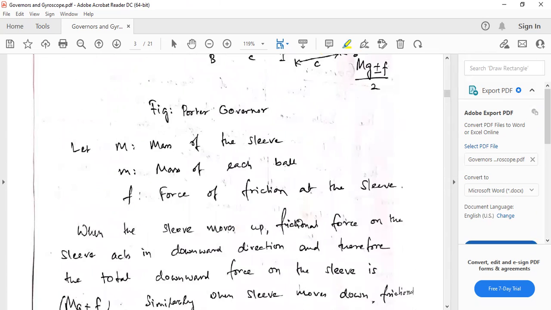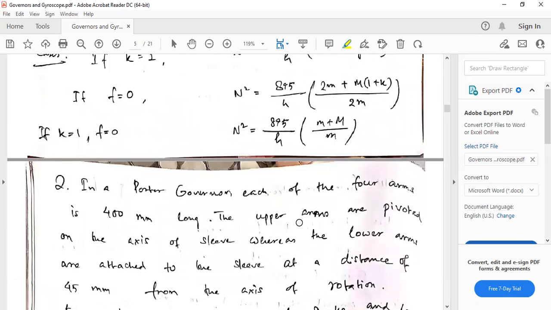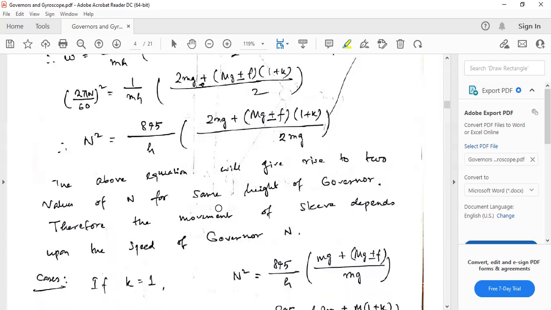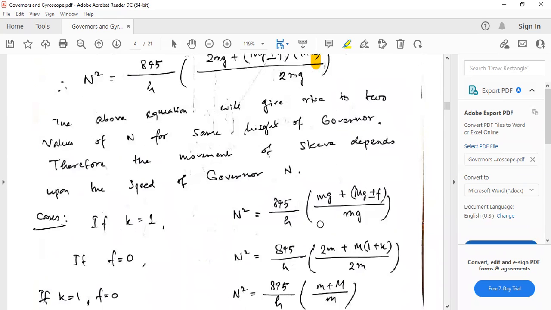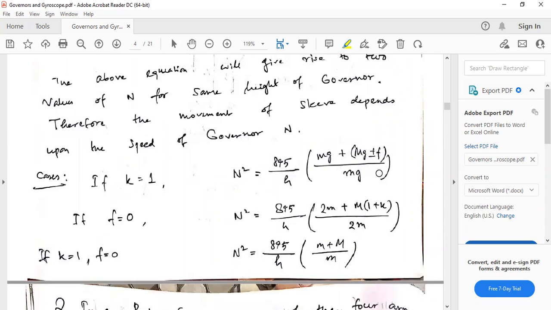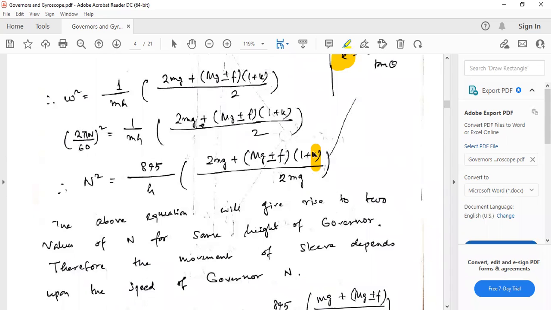Okay, tan theta will be equal to tan beta, then that k will be 1. What happens here, you see, we put 1 here, then this will be 2. So the 2s get cancelled out, so 895 by h. So this will be, instead of 2 mg, mg plus minus f by mg. This is the case. Secondly, when there is no friction. Okay, when there is no friction but k is present,